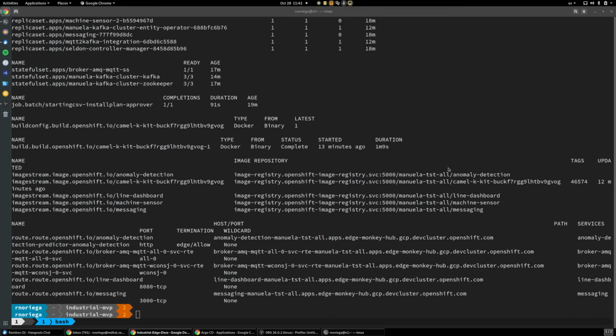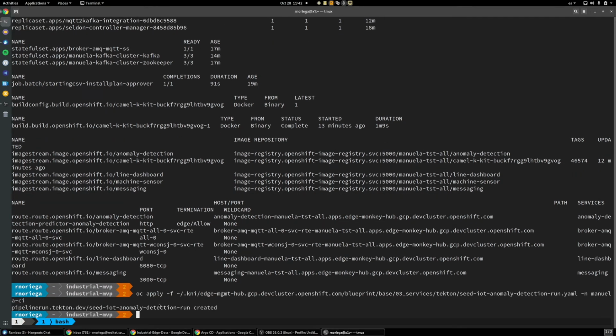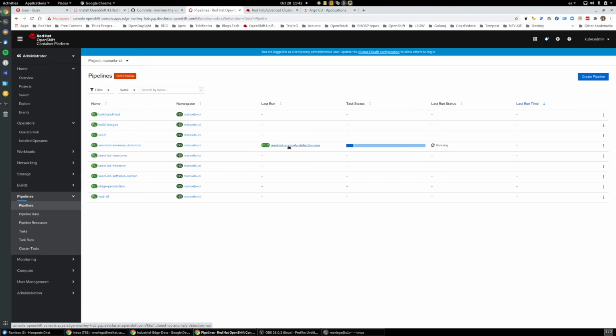So we'll put this in the documentation, but basically we trigger 4 pipelines sequentially. So we have to wait till one of the running pipelines is finished and successful, and then we will trigger the next one. So we go to the console, and we see that one pipeline run has been triggered,